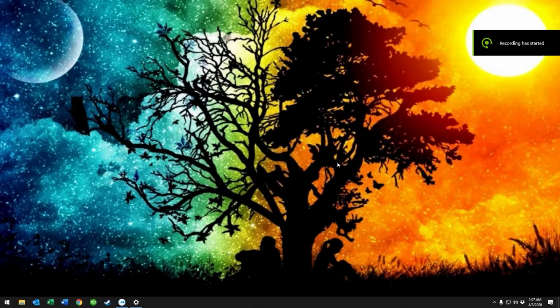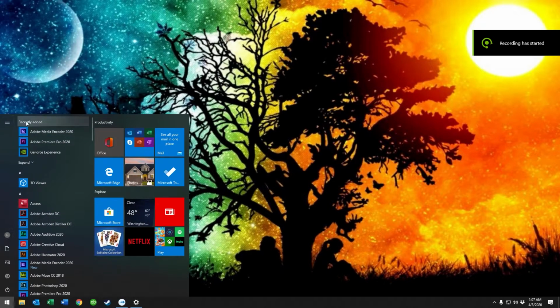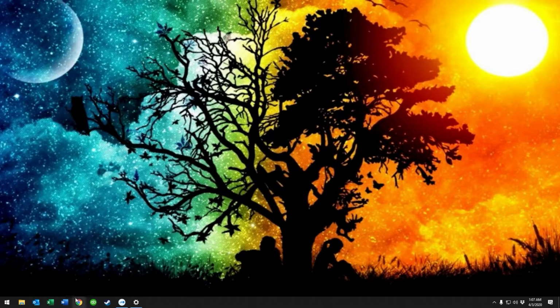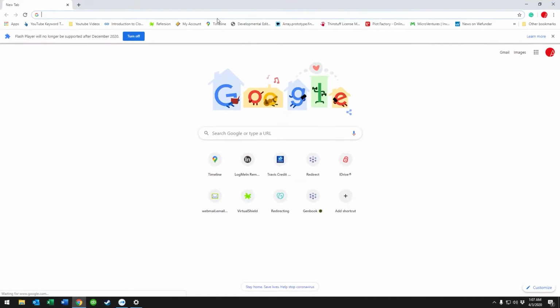Alright guys, what we're going to show you today is how to get rid of the dreaded Windows 10 Start menu and go into more of a classic Start menu or Windows 7 style Start menu. The first thing you want to do is open your chosen browser, and we want to go to